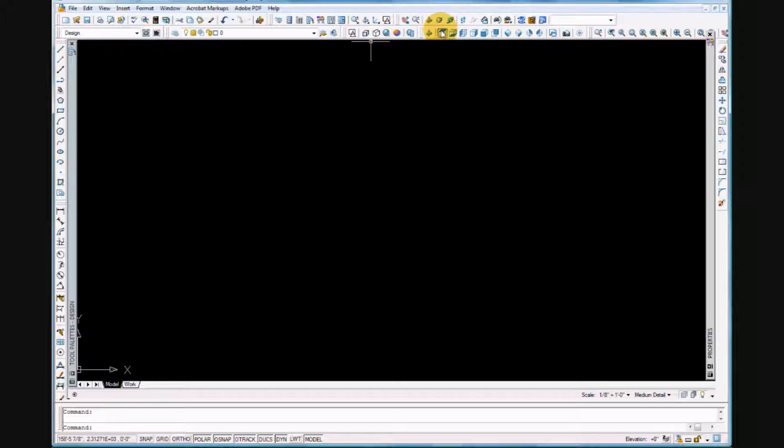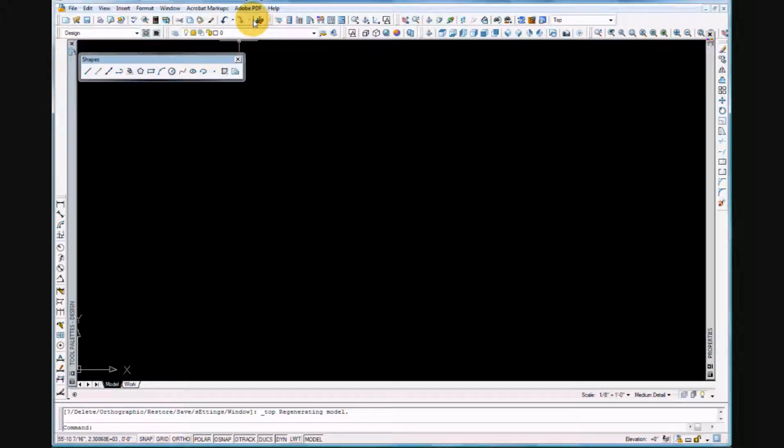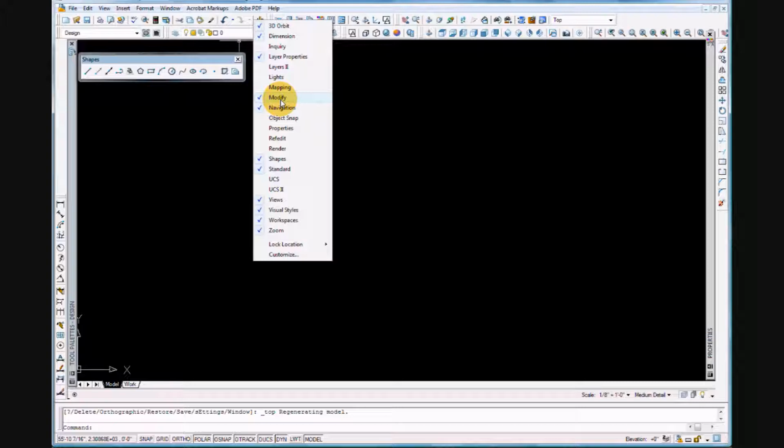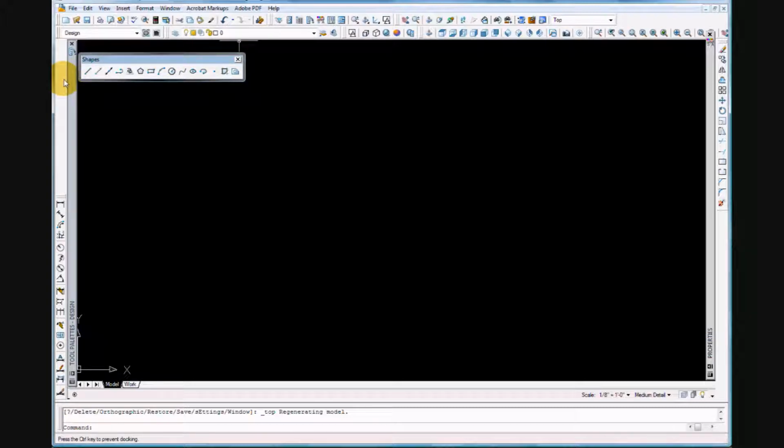And make sure we're in our top view, and we're going to use what is known as the shapes. And if you can't find it, go ahead and right click, and when you hit the shapes, turn it on. And I'm going to go ahead and put that on the side of my